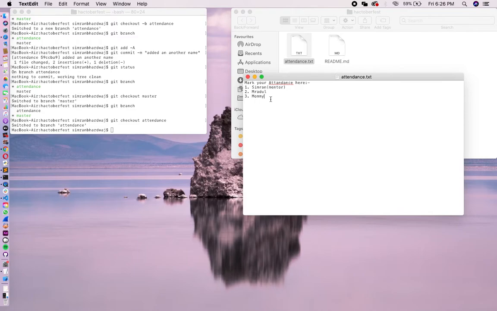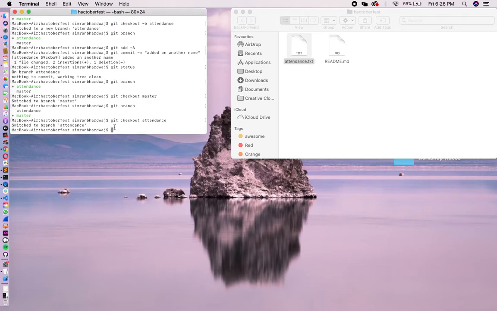For example, you must be having the original code with you, right? So that if you want the original code you can get it. That is why it is preferable that you work in a branch rather than in your master branch. So right now let's make all the changes and commit all the changes in our attendance branch, and let's push that branch, not the master one.